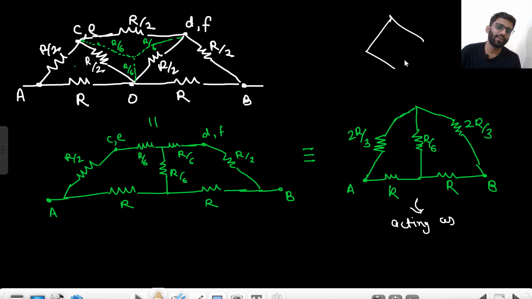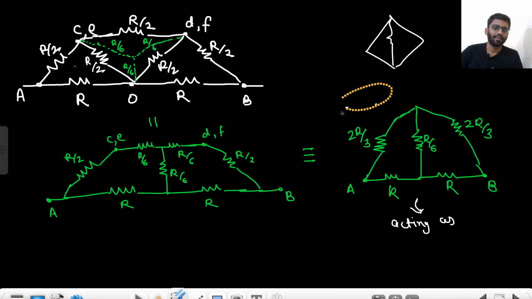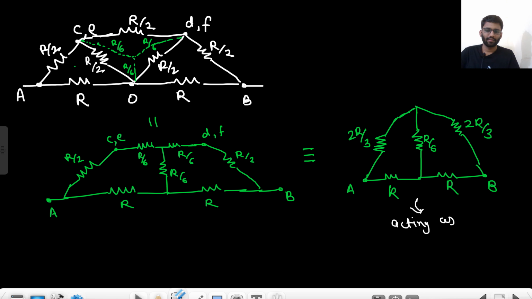Acting as a Wheatstone bridge. Look, for a Wheatstone bridge, you don't need to make the circuit like this. You can make it like this as well. I just made a wire like this and like this. This is wire, na? You can let it go up. You can pull it down, you can bring it up. Right? You can pick it up, you can bring it down. Right? So I am just picking it up. So this, and like this. Okay? So acting as a Wheatstone bridge.